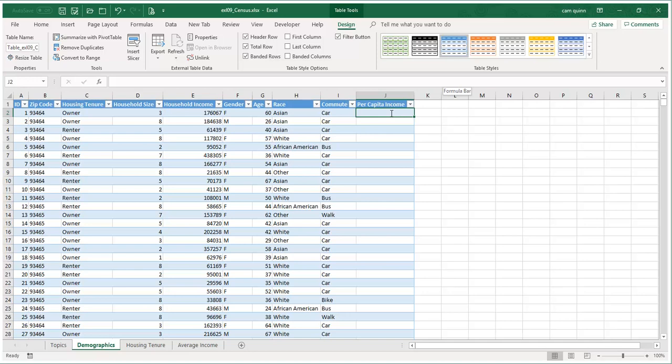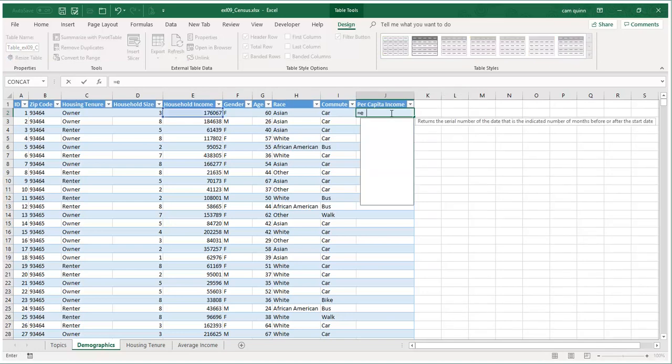Okay, so the other value of using a table is that in your formulas, you can create what is called a calculated column. What a calculated column means is that when I create my formula, instead of using cell addresses, it will use the name of the row. Now you can still use cell addresses, and I'm actually going to show you 5 different ways that I can calculate this per capita income. Unfortunately, only 2 of those ways will work with my IT lab. So we have to be careful that we do the correct way, and I'm going to show you the 3 that I don't want you to use first, and then I'll show you the 2 that